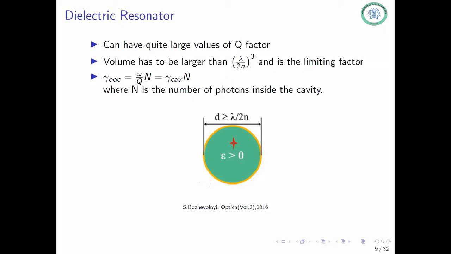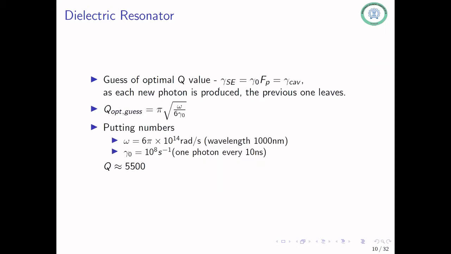Another factor for this kind of cavity is that it's not enough that your emitter should emit a photon, it should also exit your system overall. So that means that you'll have an out of cavity rate which you're actually interested in, not just the emission rate of the emitter. That will be given by this kind of expression. If you remember how Q was related to the power dissipation, you'll see that you can get an expression like this. N is the total number of photons inside the cavity, and omega by Q we'll write as gamma cavity.